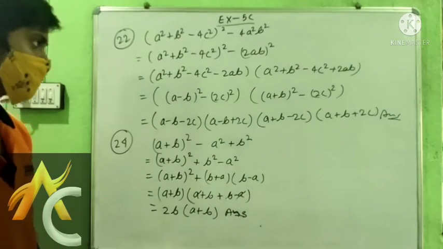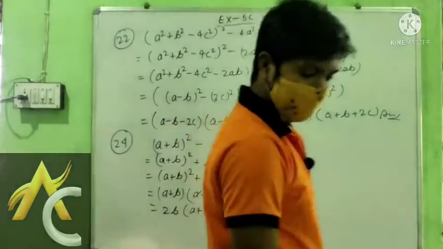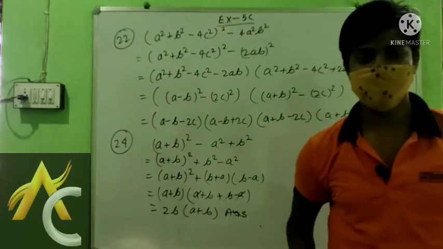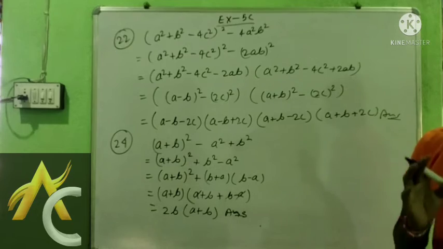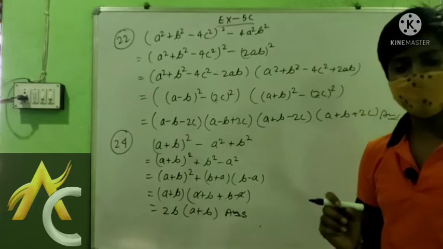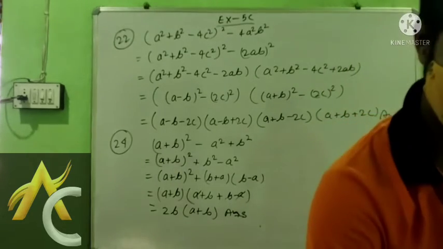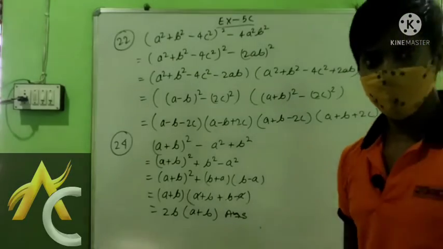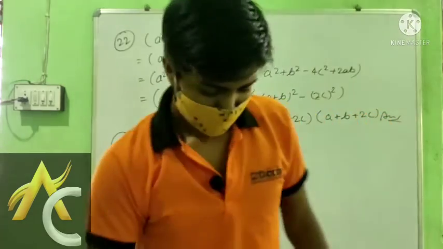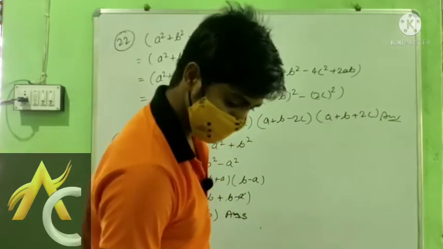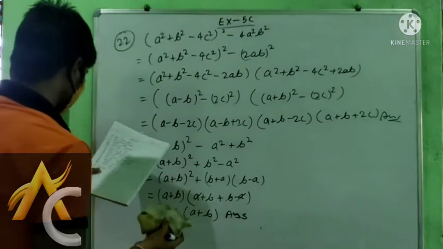Alright, easy, too easy, right? I told you that factorization is too easy. It is too easy, but you need to know all the identities that you have learnt in standard 8 as well as in standard 9. Okay. Now question number 26.